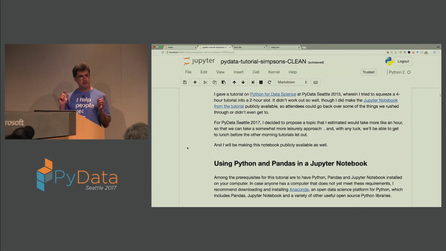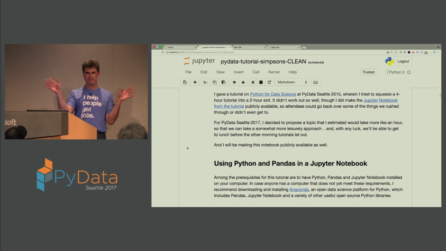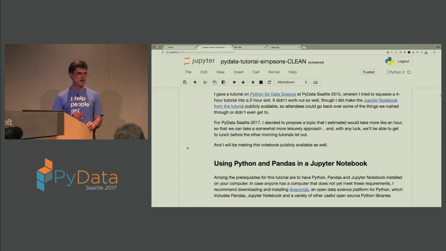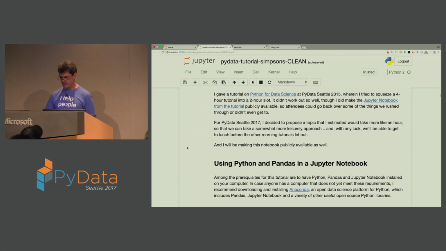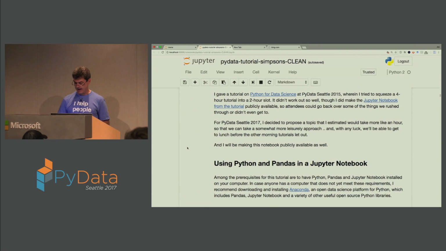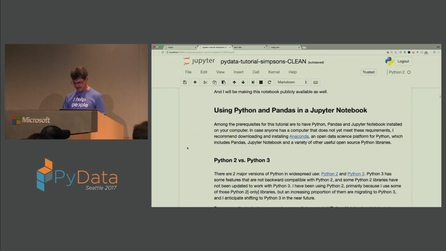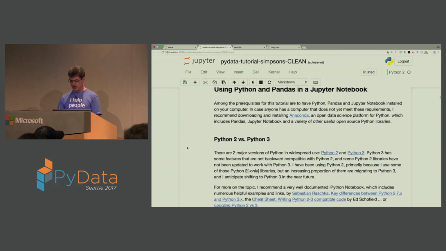What I did is there's a Python script in here called something like clean Simpsons data or something like that that will just magically do as much cleaning as possible. And then if there's time at the end and people are interested, I can go over a little bit about what I did to try to do that. But it's more the norm than the exception that the data isn't as clean as I'd like. Okay, so